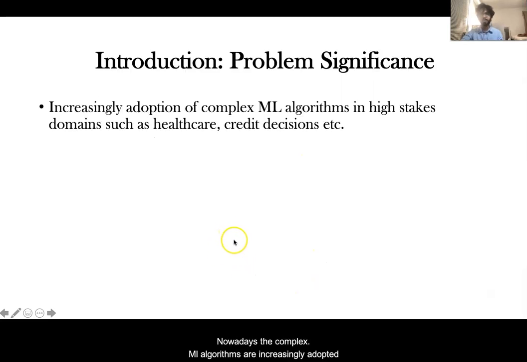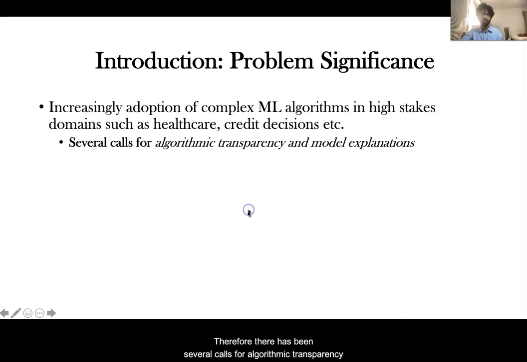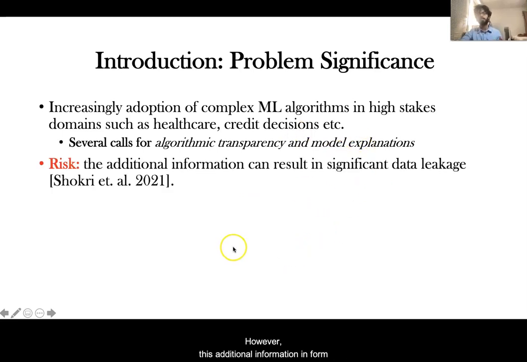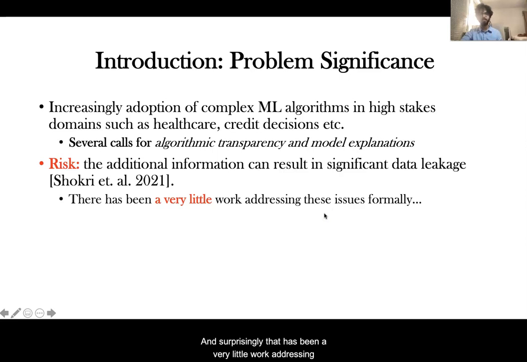Nowadays, complex ML algorithms are increasingly adopted in high-stake domains such as healthcare, credit decisions and so on. Therefore, there have been several calls for algorithmic transparency and model explanations. However, this additional information in the form of model explanations can result in significant data leakage. And surprisingly, there has been very little work addressing these issues formally. Therefore, in this work, we propose private explanation algorithms that protect the sensitive information about all the data points involved